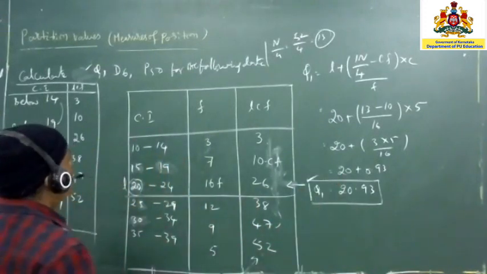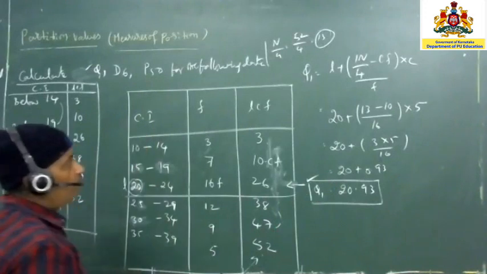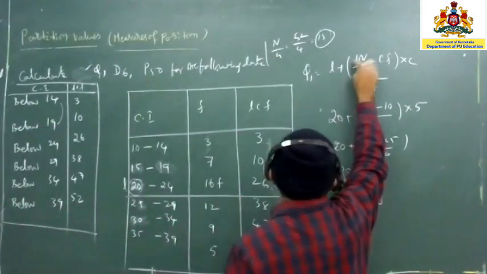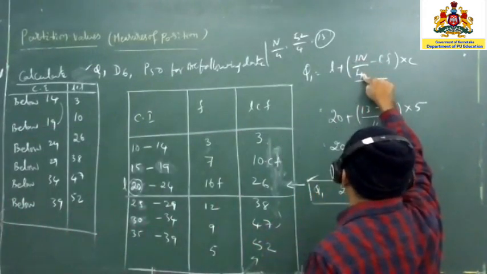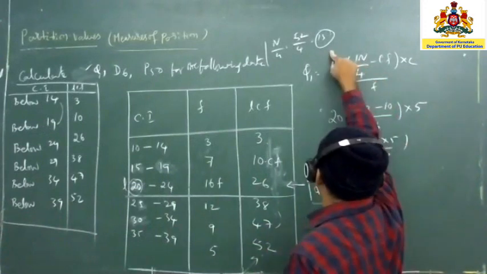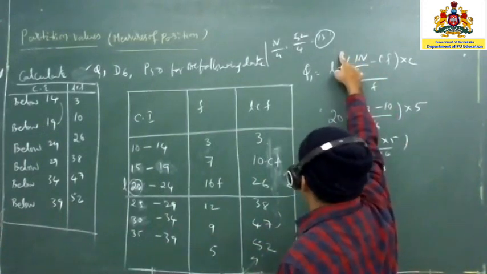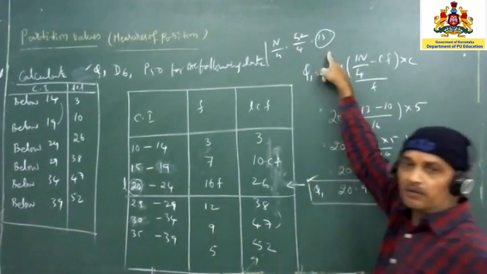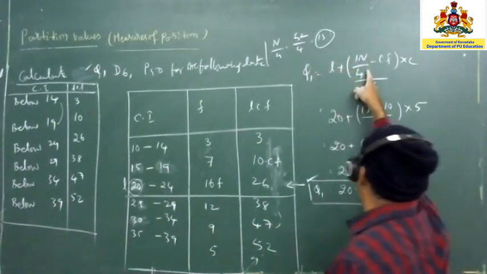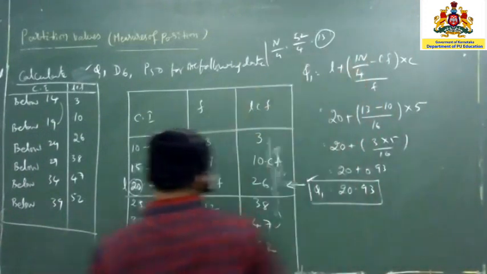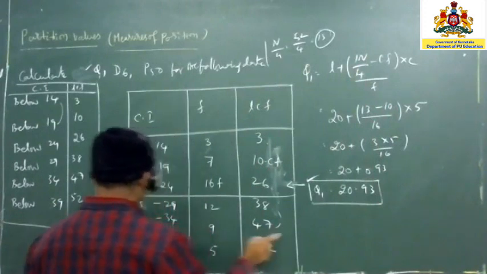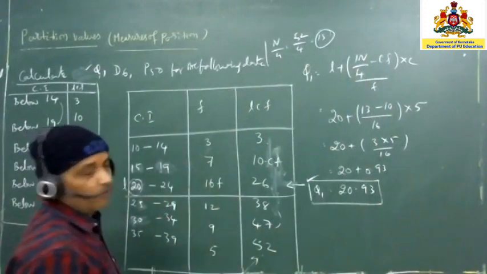In the same way you can calculate P50 also. P50, how do you calculate it? So 50 into n divided by 100 you are going to calculate it. That is n by 4 is 13. 13 into 50 you can take it. That value you are going to get, because 100 will be there, 0 gets cancelled. So you can look into this part, you may get it this way. So same procedure you can follow also.